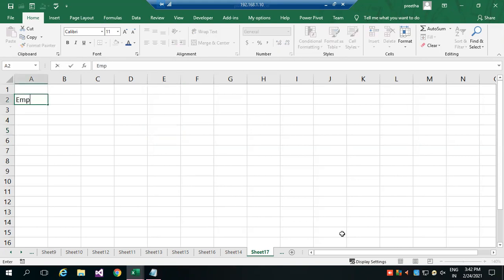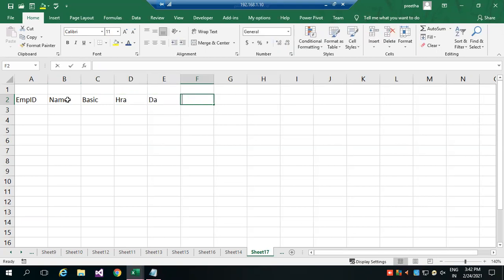So for today's one small assignment, we have to prepare one employee payable sheet where you have to organize employee ID, then we'll be giving the name of the employee, then basic pay, HRA, DA, PF, then gross pay, then tax, then net pay.